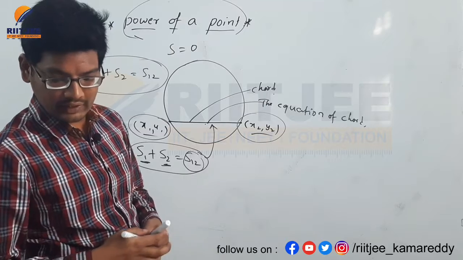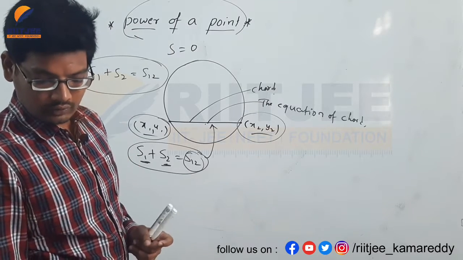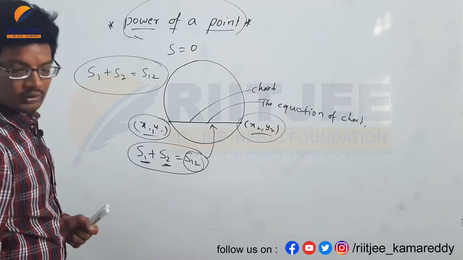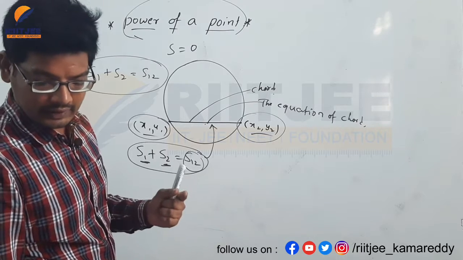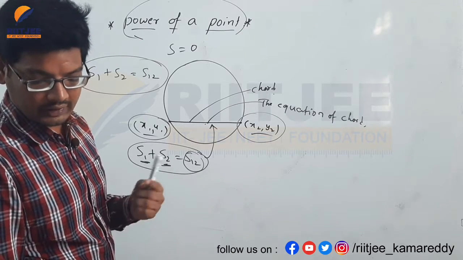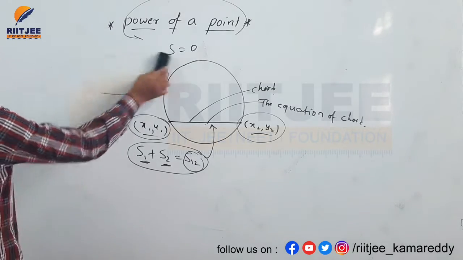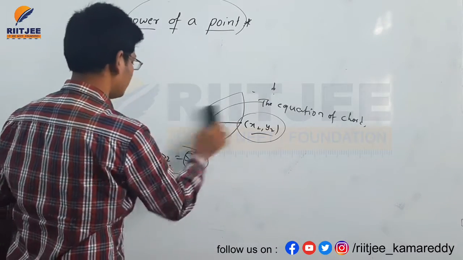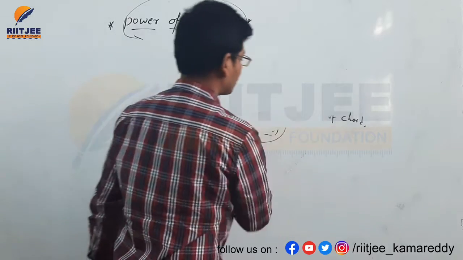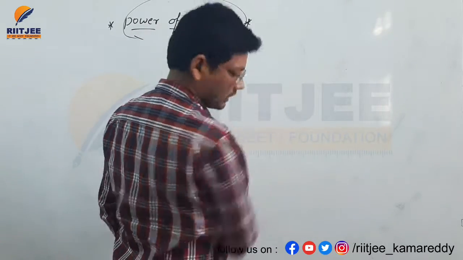And the next one is, if the radius of a circle is R, then a line which is at distance D from the center, then the chord intercept length is... And the next topic is,